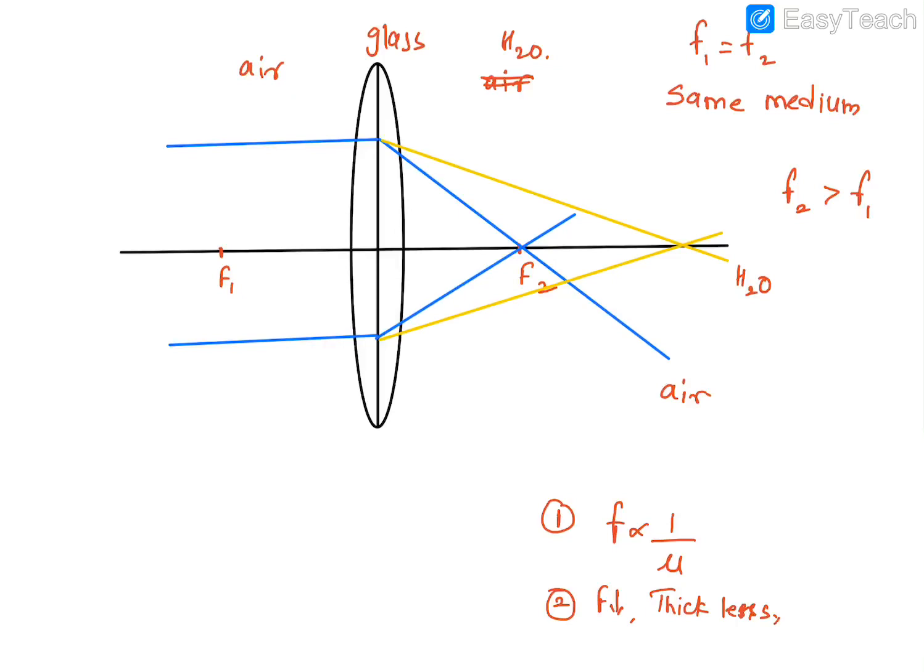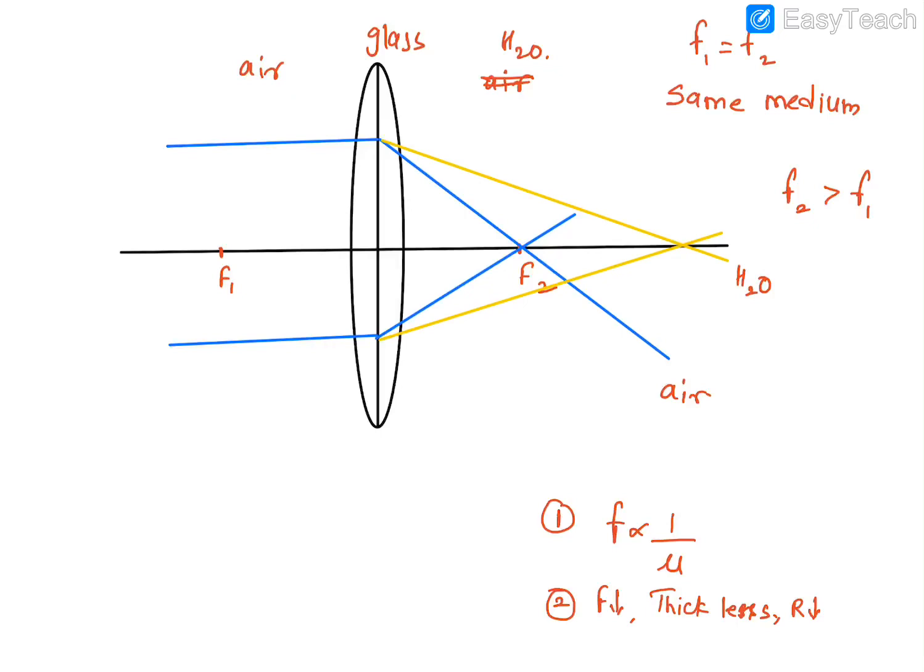Focal length is lesser means what? Radius of curvature is lesser. Got it? If a lens is a thinner lens, it means its focal length is greater. So usually you must be knowing, like a thicker lens has got more power, whereas a thinner lens has got lesser power. We are going to discuss this later on in parts C and D of this chapter. Okay. So they can ask you on what factor does the focal length depend. These are the two factors, the refractive index and the thickness, or you can say the radius of curvature.